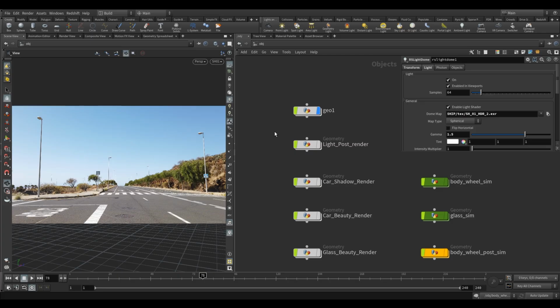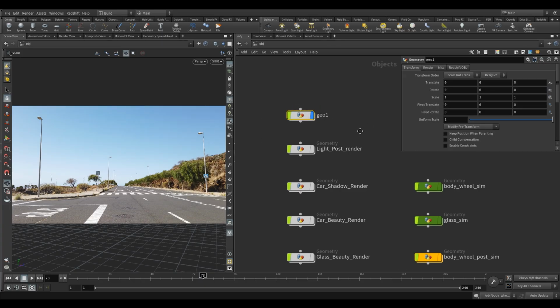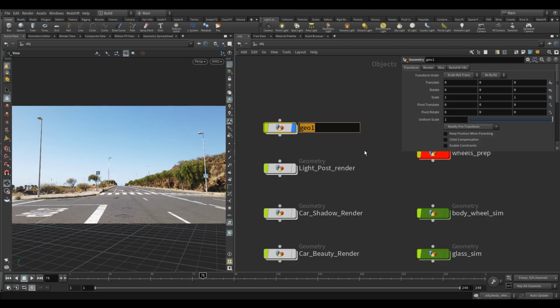But to help that along, we're going to drop a grid on the ground and project these textures onto that grid so that we can get better reflections on the car from this, as if it's sitting on this ground. Okay, so we're going to call this reflection beauty